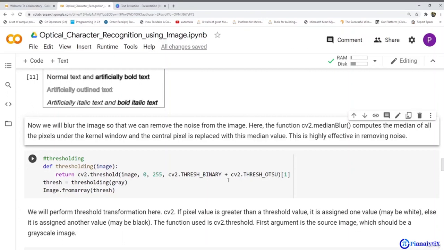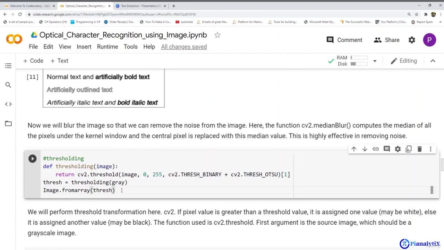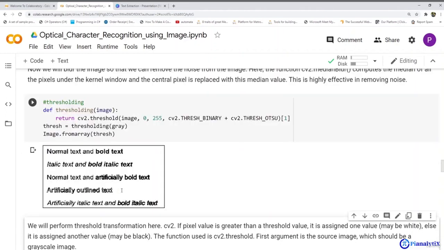The first argument is the source image, and it should be in grayscale. So we are passing the grayscale image here in the threshold. We have created a function named thresholding, which will return the cv2.threshold of the image, and it requires a grayscale image. Let's run this cell and perform the threshold transformation here. Here you can see this is the output for threshold.